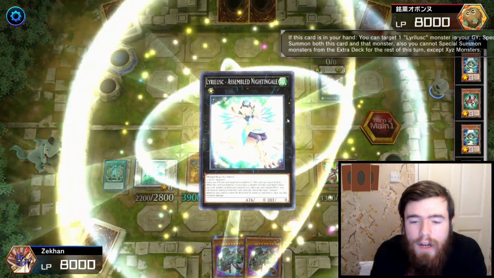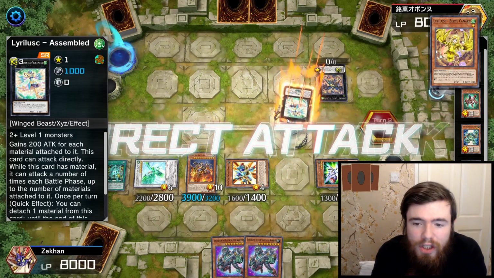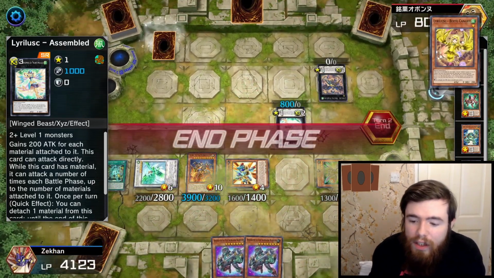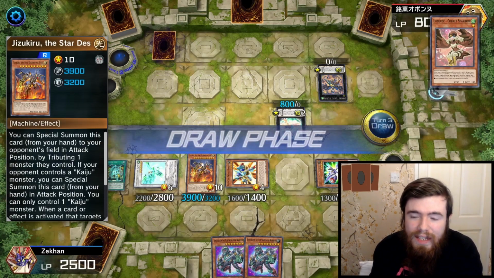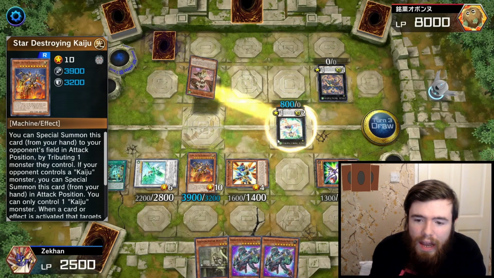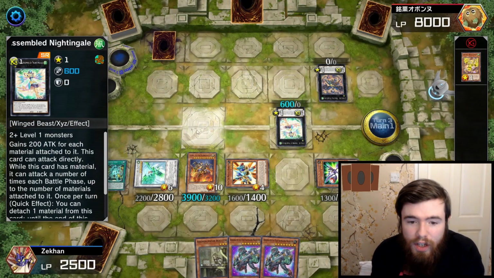They're going to go into yet another Exceed here. There is the Nightingale, which can attack multiple times. They're going to do just that by swinging at us. That is fine. They're going to also inflict an additional 3,900 by swinging into the Kaiju. Now, the Adamantipator Analyzer comes out to hand. Nightingale's going to detach a material to protect all of his monsters from destruction this turn and prevent himself from